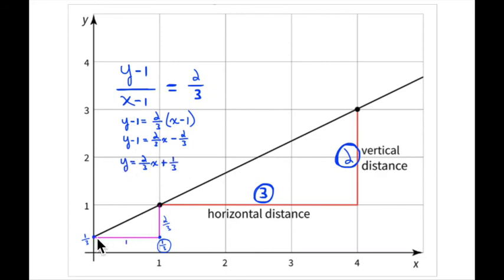All right, so let's look at this slope triangle right here and see how this fits. For every unit in the horizontal direction, it goes up 2/3 of a unit. So if I start here and I go over 1 unit, we don't know what the unit is, but it's 1 unit, then we go up along the y-axis 2/3 of a unit. That's what this is telling us here, right here. So the number of units in the vertical direction is 2/3 the number of units in the horizontal direction. And notice where we start. We start at a positive 1/3. We start right here. That's this positive 1/3